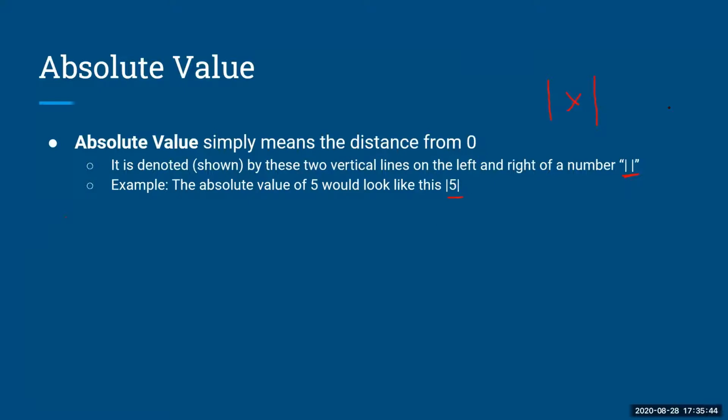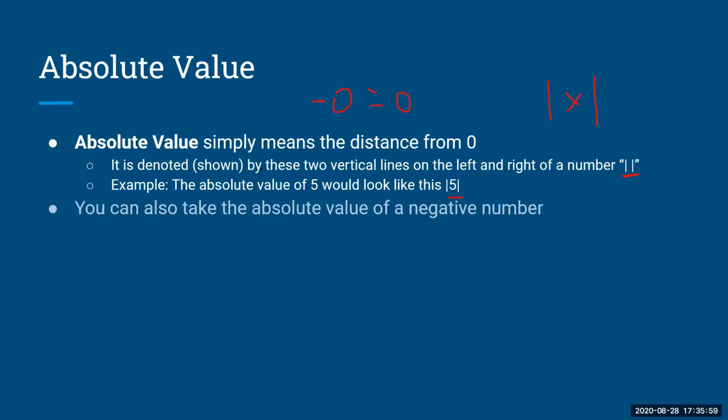Is 0 positive or negative or none? That's a good question, actually. I think it's none. It's neutral. You could say negative 0. That makes no sense, but it's the same thing as just saying 0. So yes, none. It should be neutral. Okay, you can also take the absolute value of a negative number, which would just give you